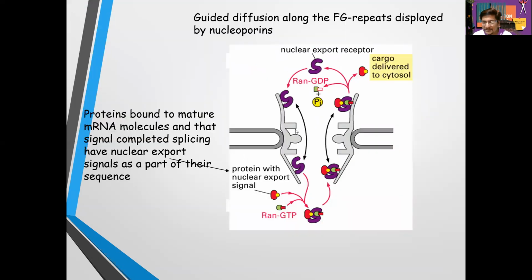This is going to be supported by RAN GDP. You can see the nuclear export factor over here. It will bind to this one, and then this cargo is going to be delivered, and if it goes outside, it binds with GTP, and in the process the guanine nucleotide exchange factor is going to exchange between the GDP and